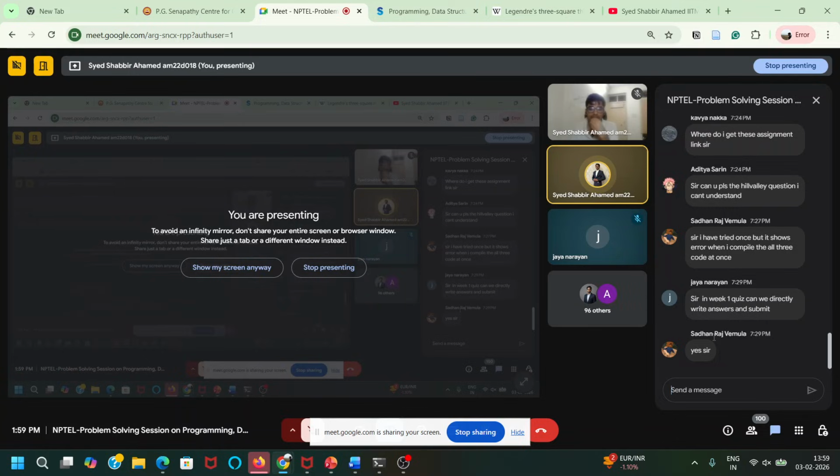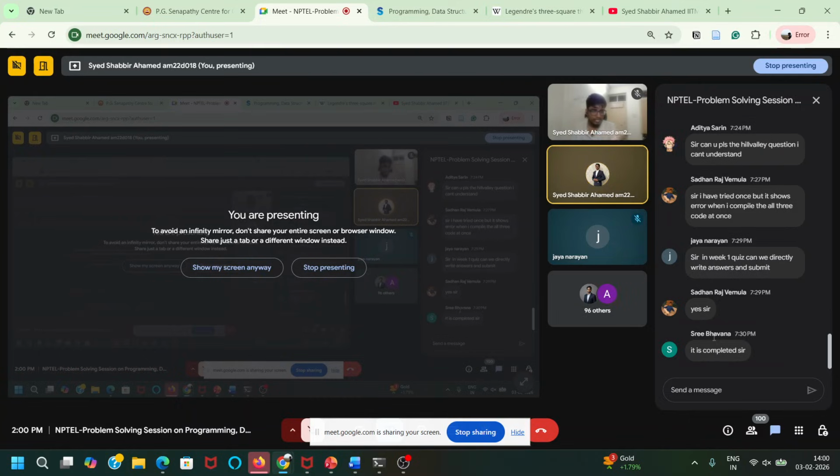I don't know what you guys are doing wrong. You should just write the functions. You should not write anything else. You should not evaluate any test case. You should not do any examples. First write the first function, then the second function, then the third function. Also see that there are no spelling mistakes in your function. Whatever function name they have given, the same name should be there. If you are missing the s from squares, or there is any slight spelling mistake, it will give an error.